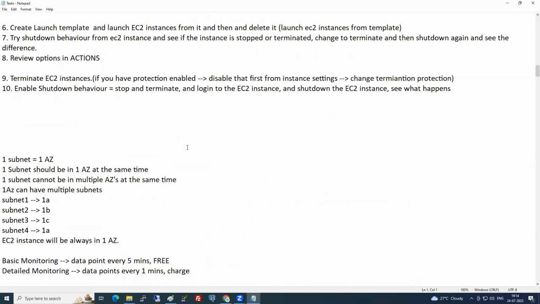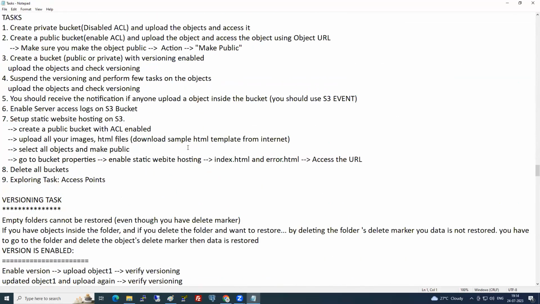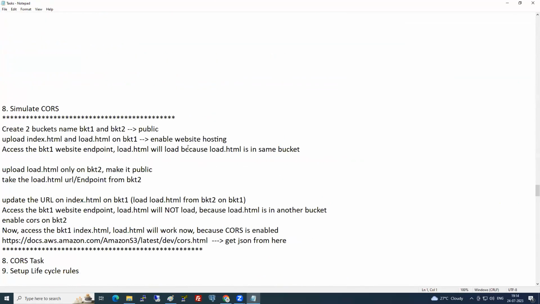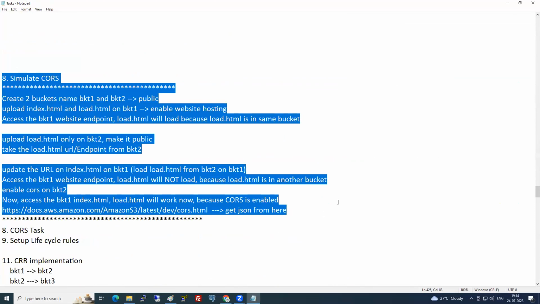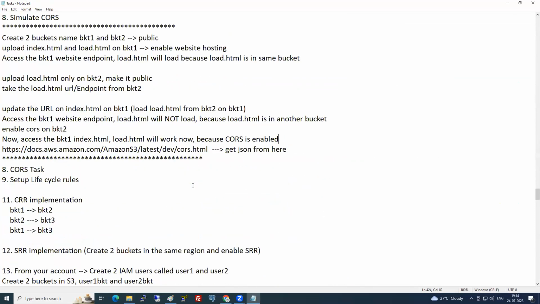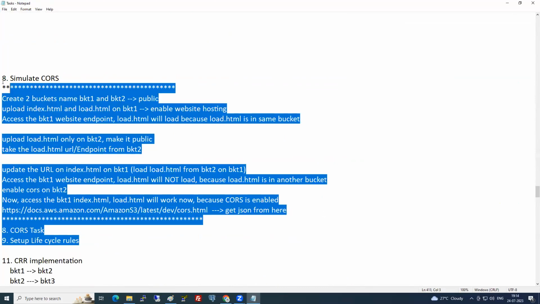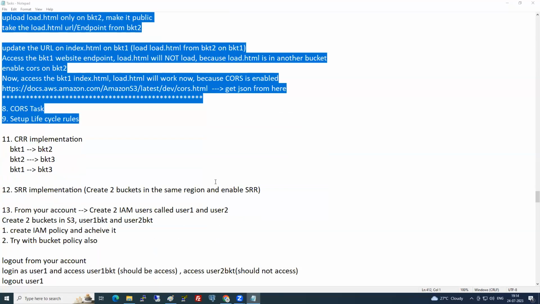So the leftover task in S3. CORS, I have given neatly one by one, step by step, you can use that CORS. So I'm putting this step 9. And by the way, guys,